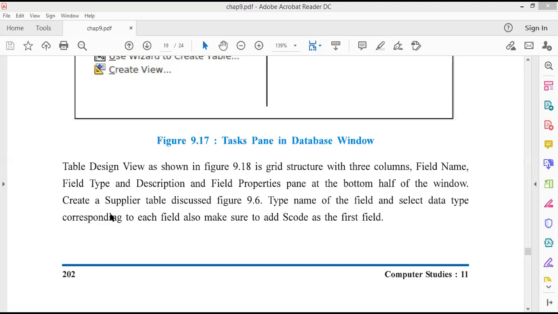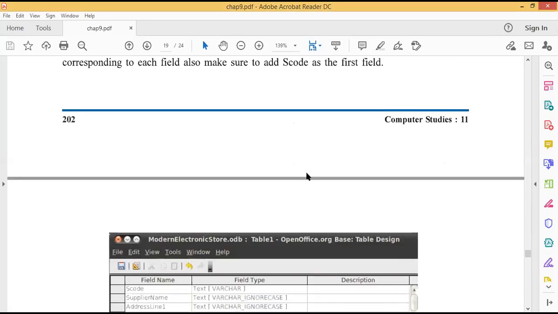One error is there: OpenOffice requires the Java runtime environment. We need to install this again, so we are unable to create a table. It's okay. Now we will see how to create a table by this structure only.